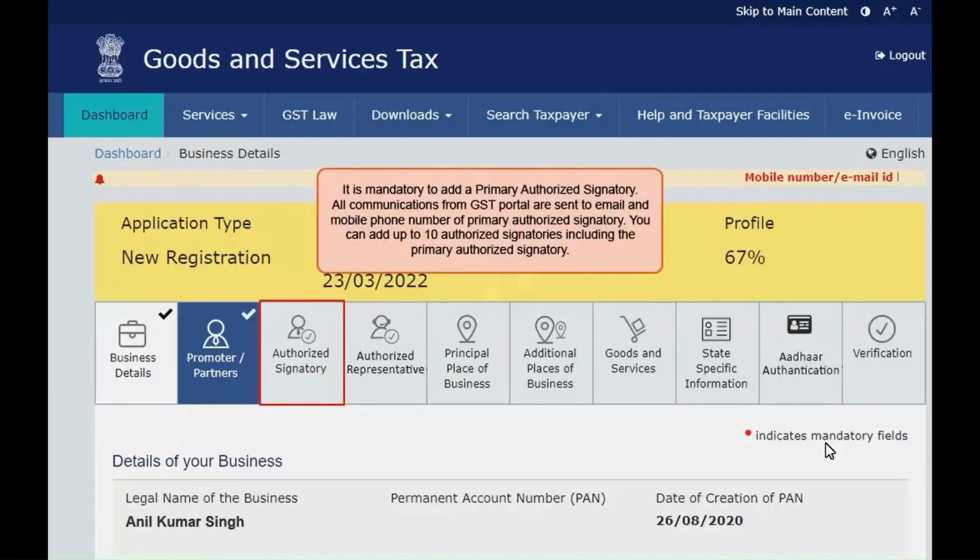The next section allows entering the details of authorized signatories. Select Primary Authorized Signatory and enter relevant personal information. The primary authorized signatory should be a citizen of India.